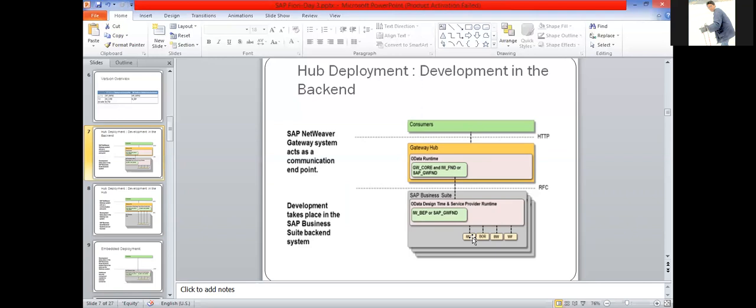Okay. But now what is the flaw of this particular architecture? This architecture is not recommended when you develop a custom application. In the case of a standard Fiori application, you do not have to do any development, because the OData services and the OData code are already developed by SAP. Similarly, the UI code is also developed by SAP. You just have to do the configuration. So this architecture is okay if you go for the standard Fiori application, but when you go for a custom application, wherein you will have to develop this OData code, it is not